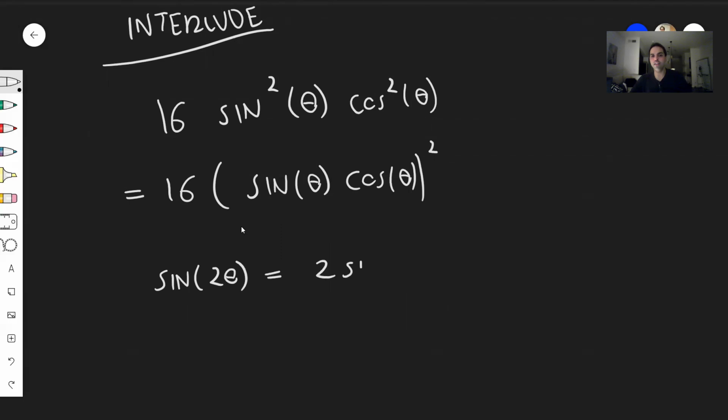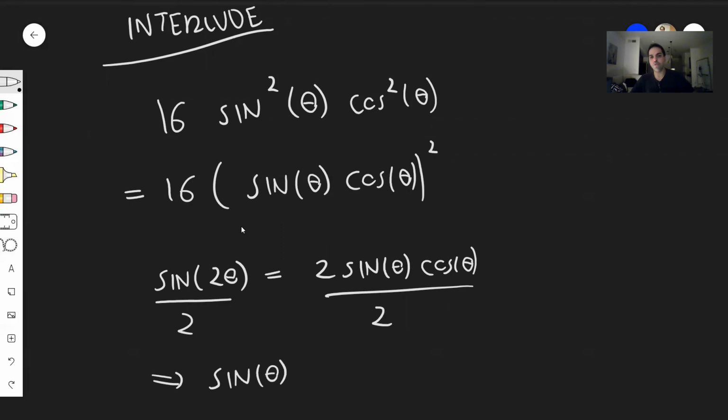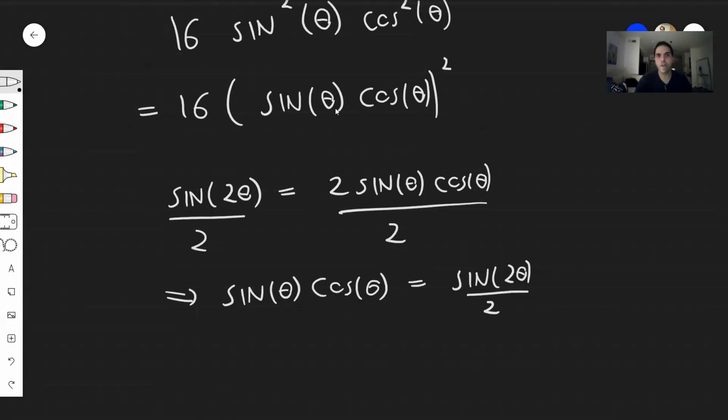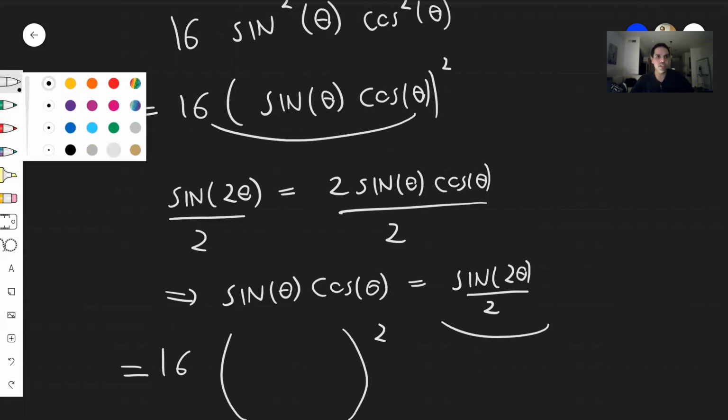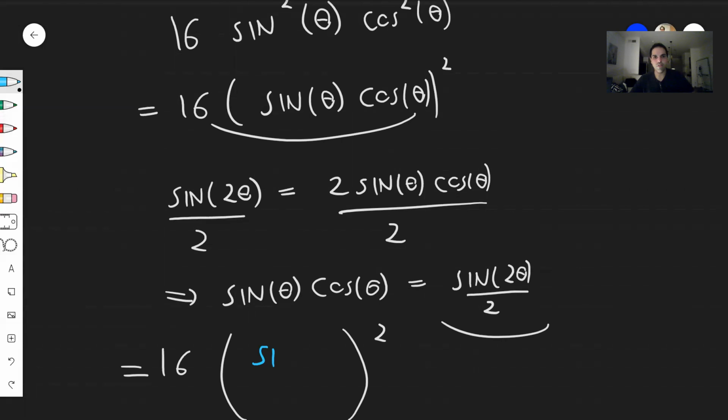Sine of 2 theta is 2 sine of theta cosine of theta. So if you divide this by 2, you get sine of theta cosine of theta equals sine of 2 theta over 2. Which means you can just plug this back into this equation. So this becomes 16. So you see this expression is the same as this expression. And you're left with sine of 2 theta over 2